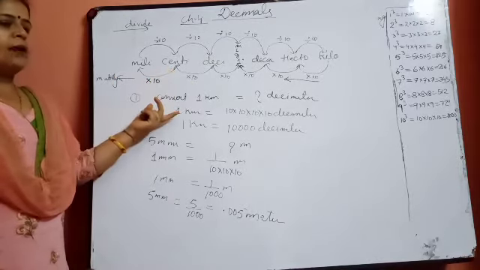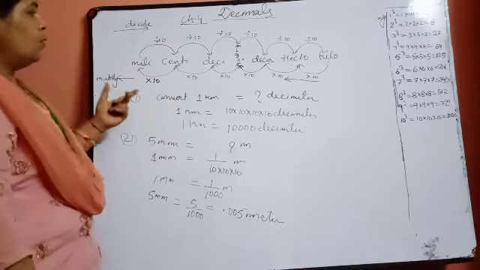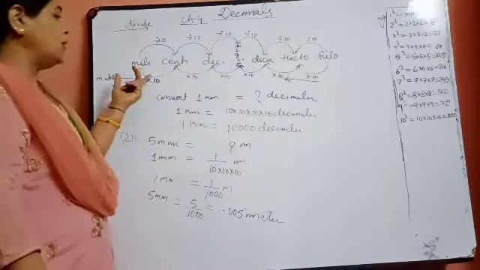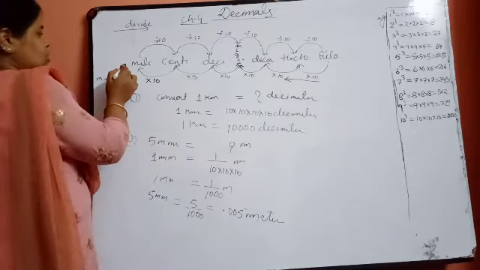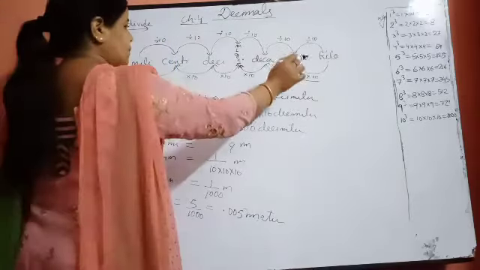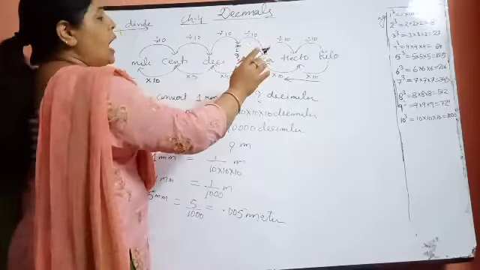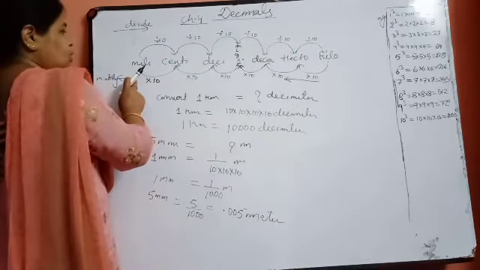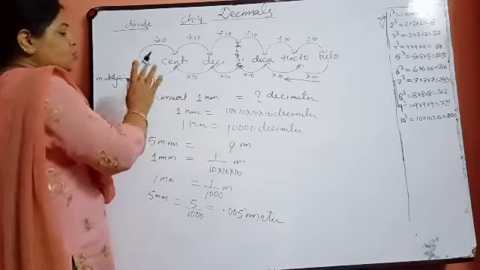Okay, and with the help of this table, now we are going to learn your exercise 4.1. Now everybody of you, maybe you have understood how we are going to solve it and how we are going to use it. This is the smallest unit and this is the greatest unit. If we are moving from smallest to greater, we will go from the upper direction. And if we are going from greater unit to lower unit, then we will come from the downward direction. In this way you have to use it.